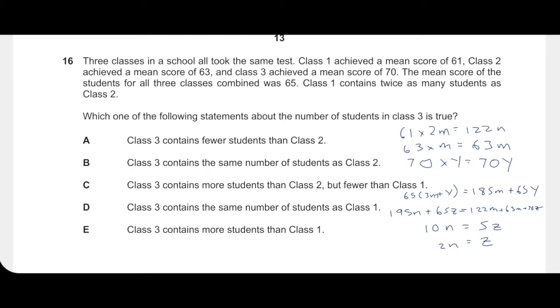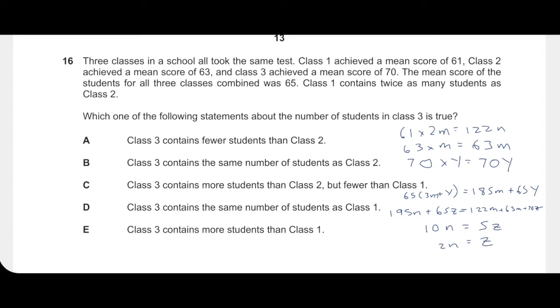As the overall average score was 65, the total score of all the students in all the classes is 65(3M + Y), which is equal to 195M + 65Y. This total score is equal to the sum of the total scores from each class. So, 195M + 65Y is equal to